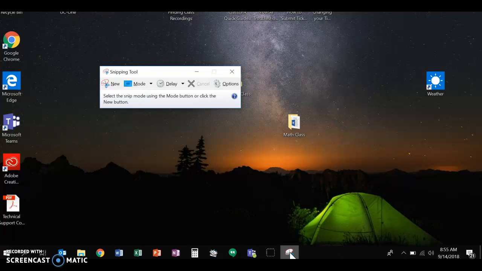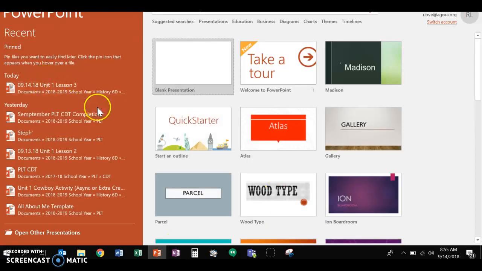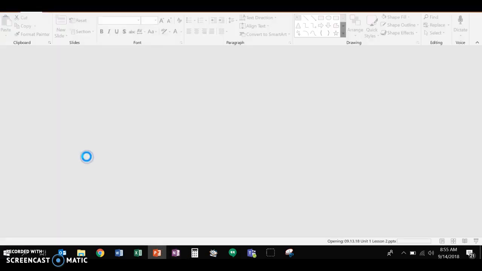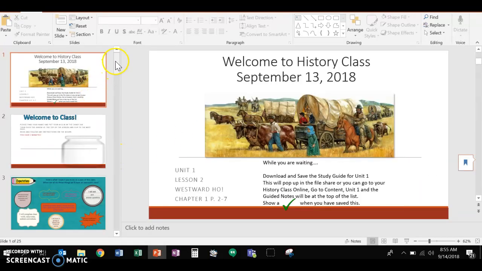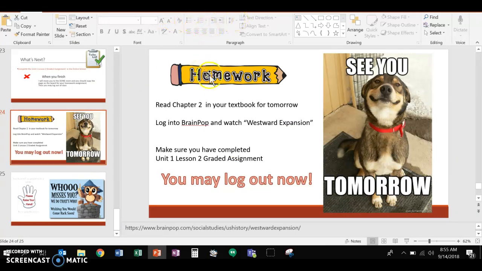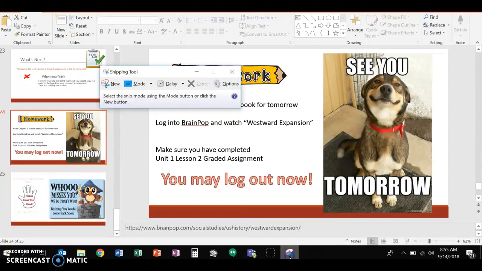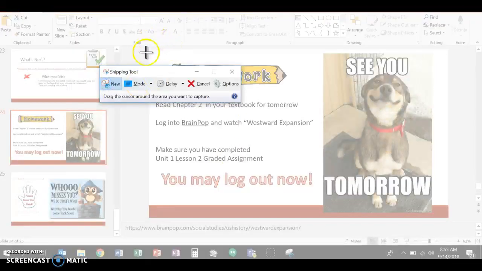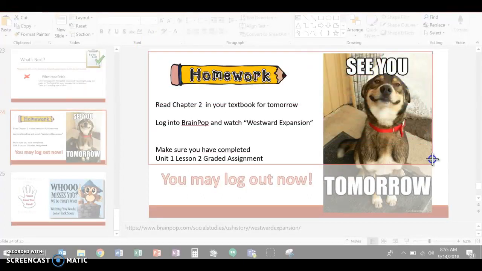The best use for snipping tool is when you're in class and your teacher has something on the board that you want to save. For example, I'm going to show you. Yesterday in history class, I gave a homework assignment. I'm going to show you that page. Here's our homework assignment from yesterday. Now, instead of me having to get a pencil and a paper to write down my homework assignment, I could have gone to my snipping tool. I could have clicked new. I could snip this whole entire page,